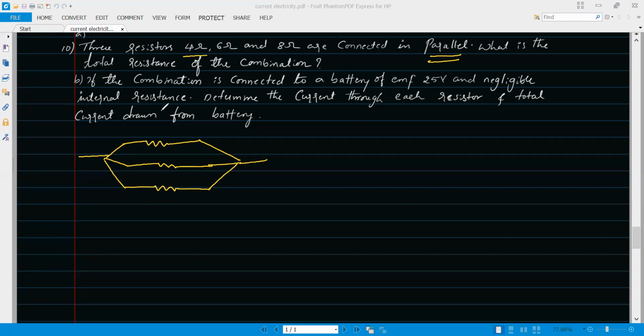3 resistors 4 ohm. Let me call this as R1, which is equal to 4 ohm, and 6 ohm. This is R2, and another one is 8 ohm. So R3 is equal to 8 ohm. All these 3 resistors are combined in parallel. What is the total resistance? So you have the formula 1 upon Rp is equal to 1 upon R1 plus 1 upon R2 plus 1 upon R3. So this can also be written as 1 upon 4 plus 1 upon 6